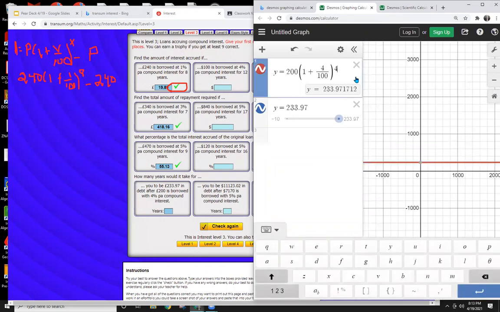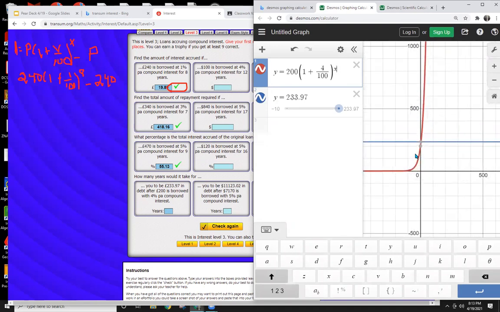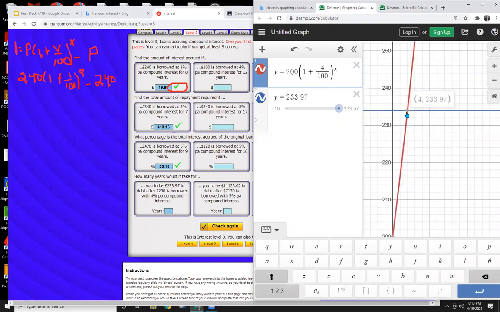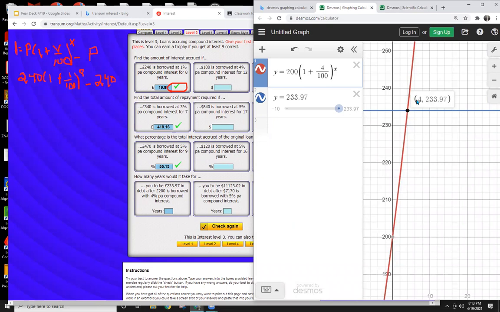I thought it was 4 years. Never mind, x power. So you see where they intersect. Let's zoom in. Make sure you zoom in. And there it is. After 4 years, you get